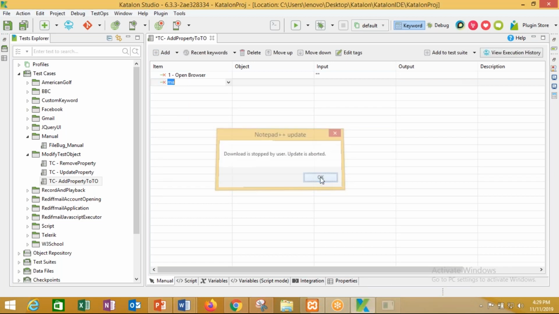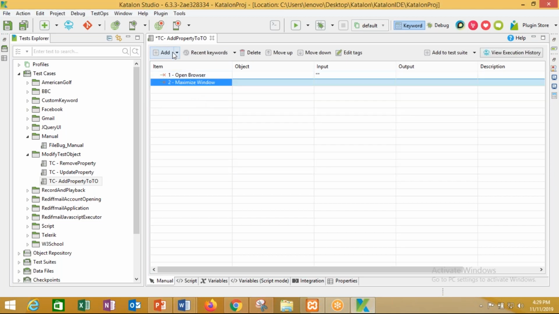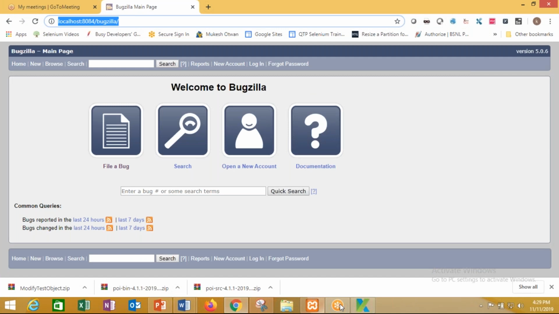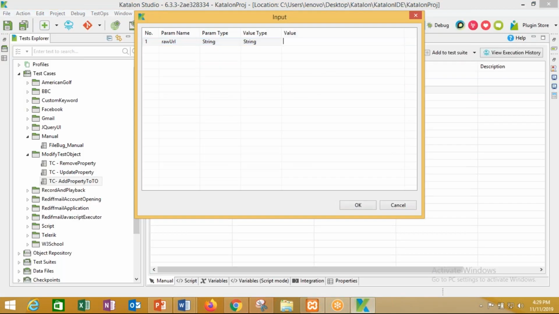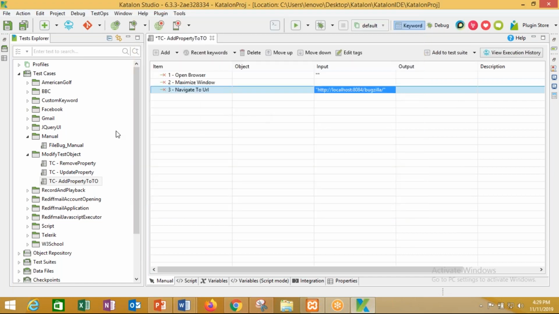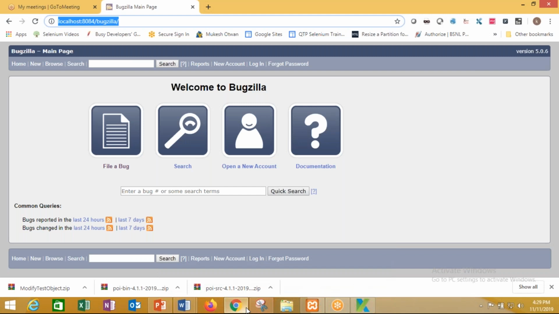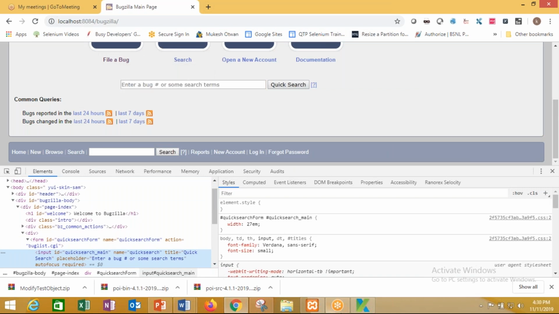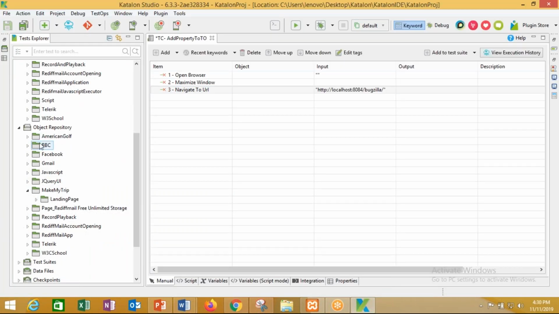Then maximize the window, and then navigate. The URL is this. So as I write this down, I'll have to get the XPath of this. Okay, let me create the object repository for this. It should be your